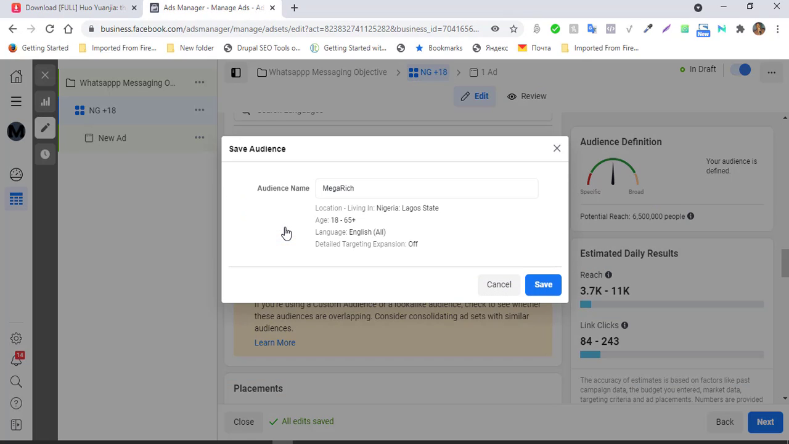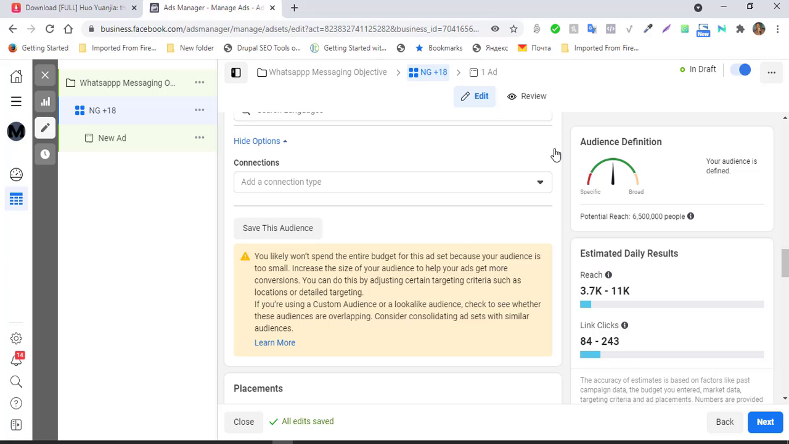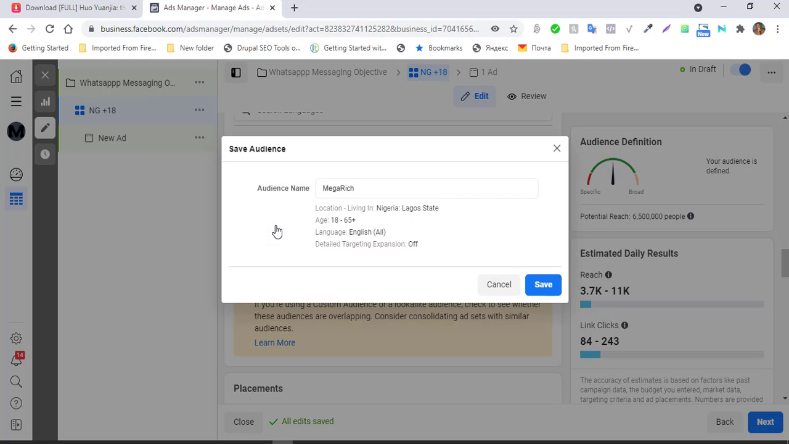Then you can save this particular audience so that you can use it again. So you save it with whatsoever name you choose to save it with, and just click save. This is just a demo training, so I'm not going to. The moment you click save, let's do it. The moment you click save, if you click save now,